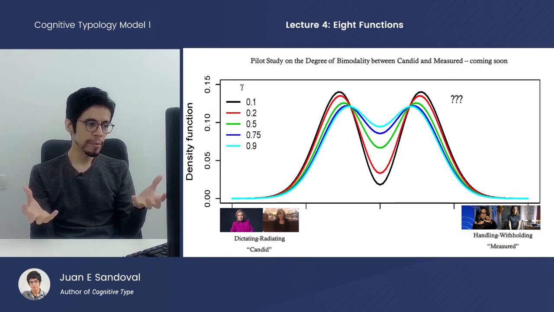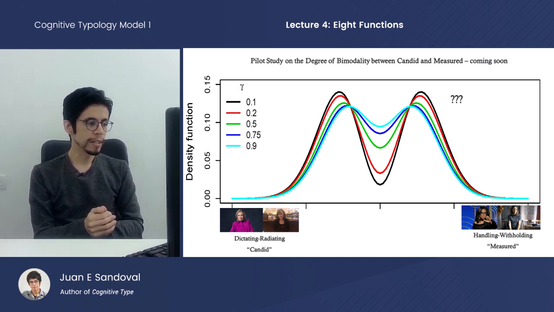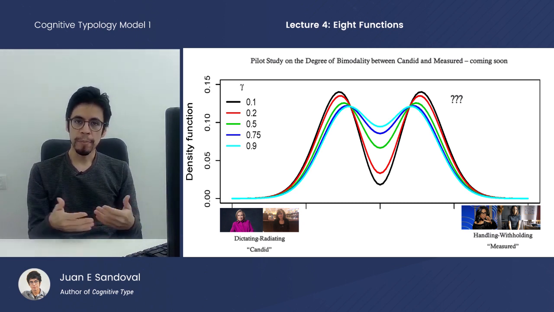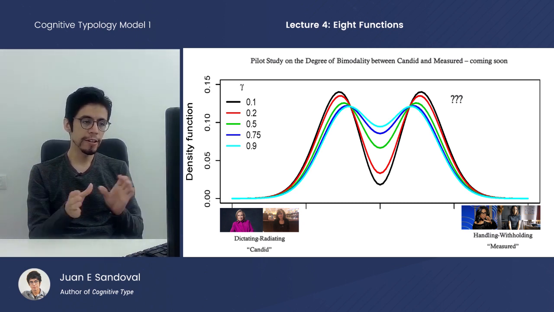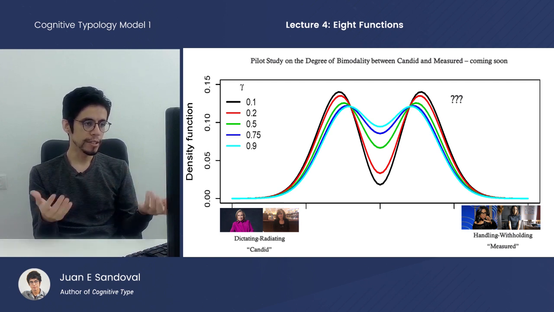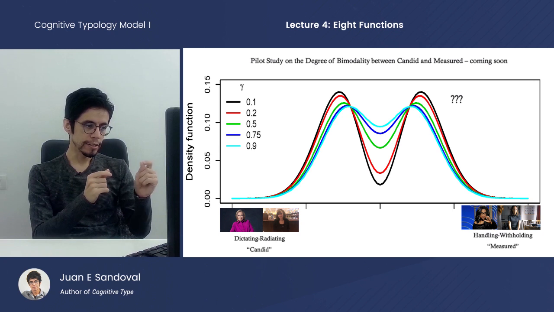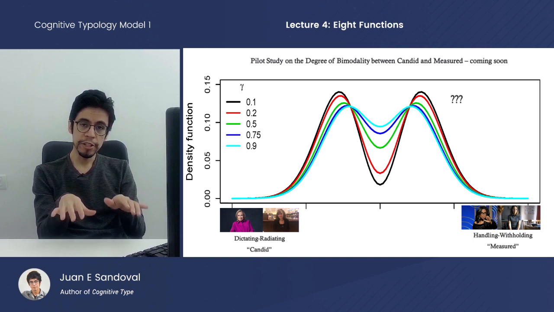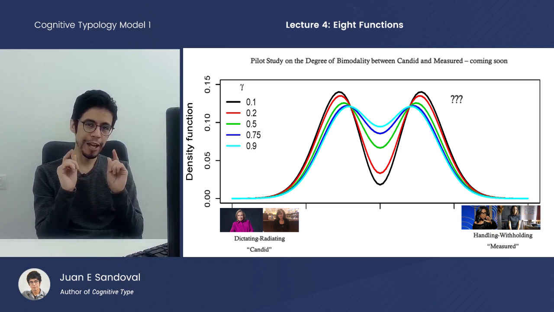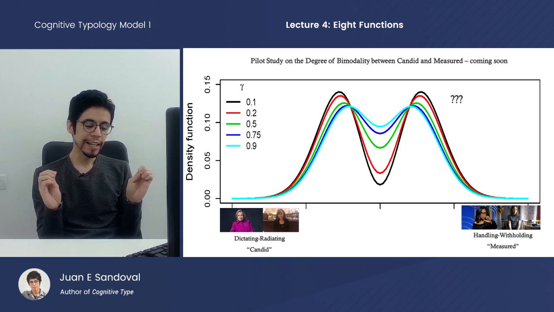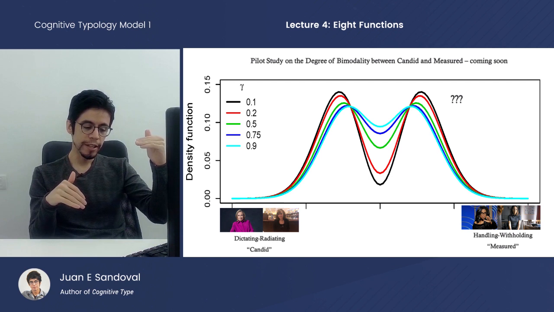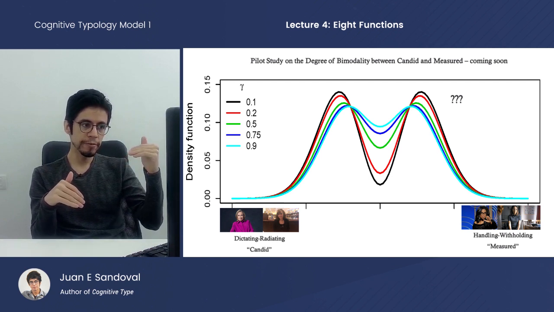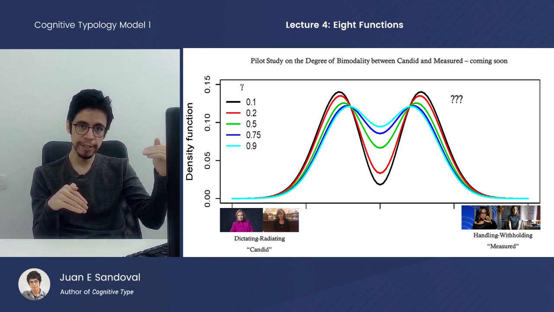Now, as I've said before, the aim is to quantify every part of the theory with some sort of concrete study or some sort of measurable result that can be replicated by others, right? And so that is also the dream when it comes to deciding whether or not a candid Vultology is exclusive to a measured Vultology. It may be possible with more research to objectively establish the existence of function axes, which to my knowledge, nobody has even come close to doing, because again, it's such a high level concept that requires so many other things to be true for us to even ask the question of the trueness of itself.